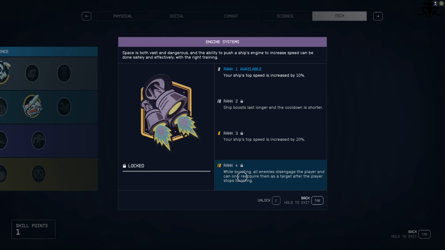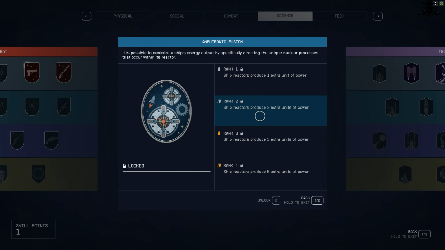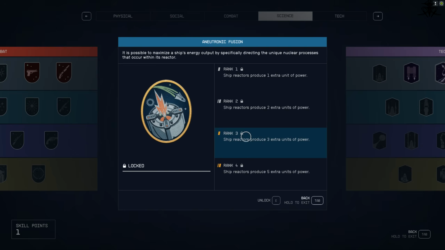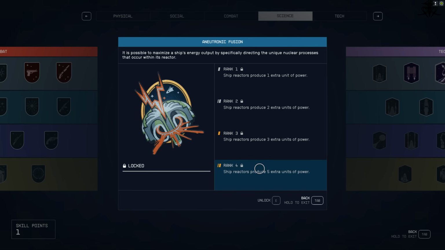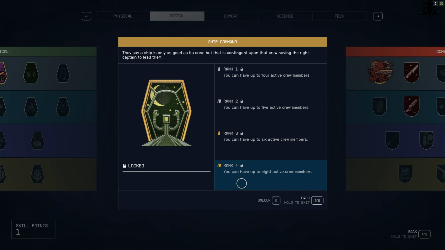Engine systems, more speed, more boost, and nice to have, that's about it. Aeronautic fusion, very useful for a class A ship, but you unlock it as a tier 4 skill. So it's a very late game skill, at which point you already have a really good ship. And finally, ship command. It simply increases your Cosmic Vomit Comet's crew